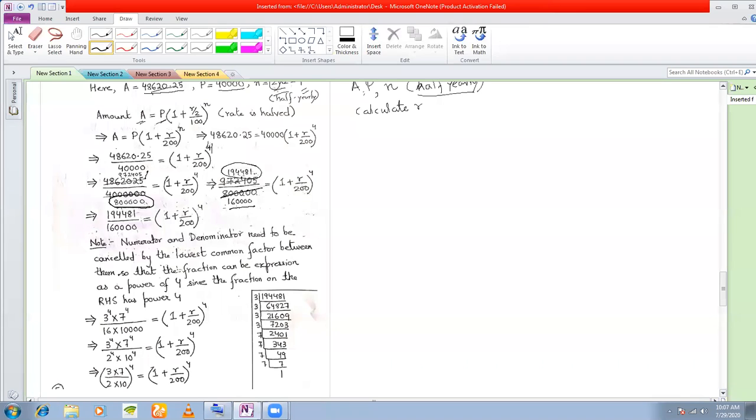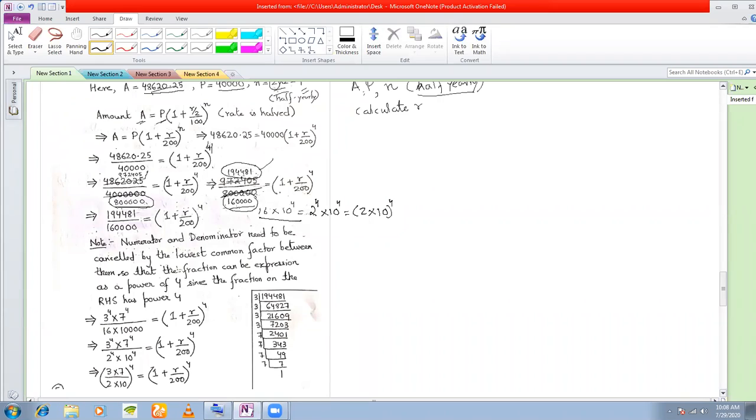Now I don't know whether this is a power of 4 or not, but this number that I have got, I definitely know that this is a power of 4. Isn't it? We know that this is a power of 4 because this can be written as 16 into 10 to the power of 4, which can also be written as 2 to the power of 4 into 10 to the power of 4, which is 2 into 10 to the power of 4.